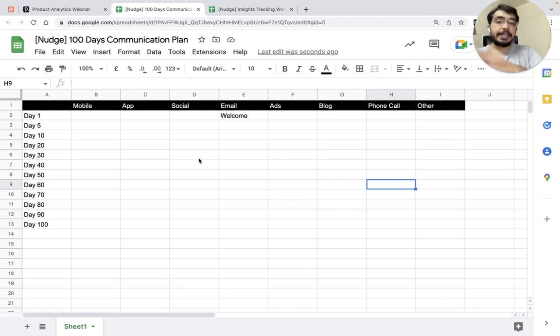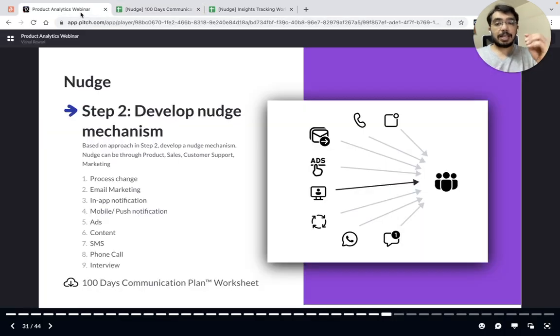All right, so these are the two sheets, these are the two steps that we do. And depending upon this, after this I would also tell you the case study. You would see in the case study how one company implemented this and what kind of results they got. So this is where we move on to the next step,